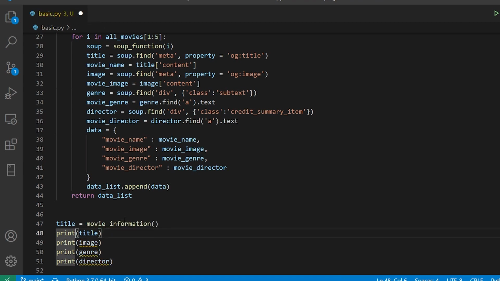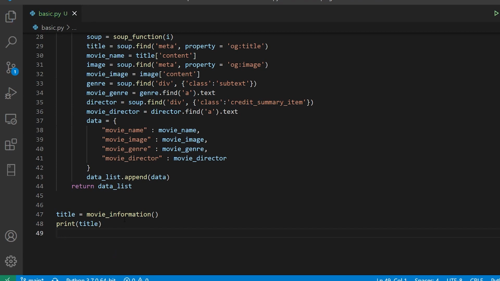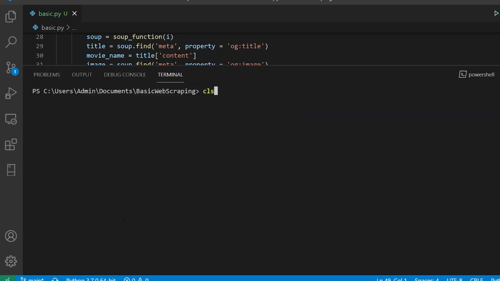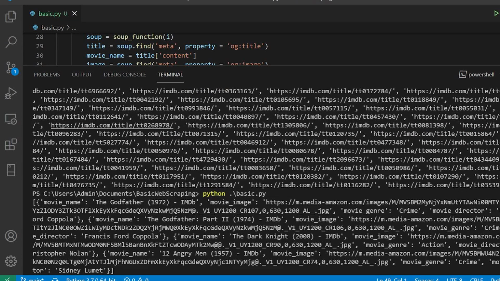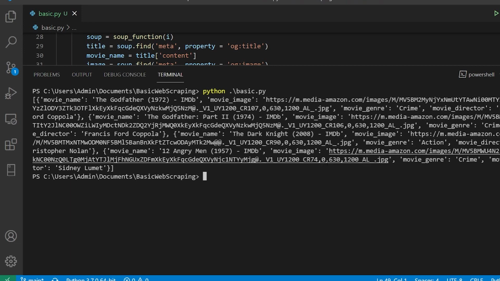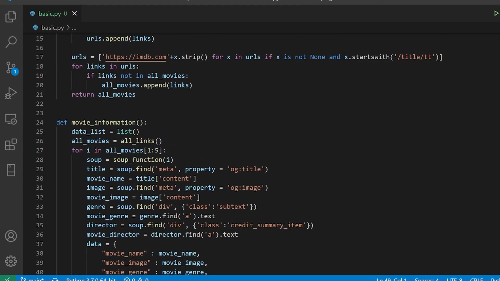Okay, so this is just the variable, doesn't matter. So that is basically the data list. All right, I'll just get rid of this, and I'm going to run this. Okay, so I have my data. It is not, I would say, pretty printed, but it is very much good. All right, so it has actually given me my data for, let's say, values ranging from 1 to 5, and I can actually now remove this.